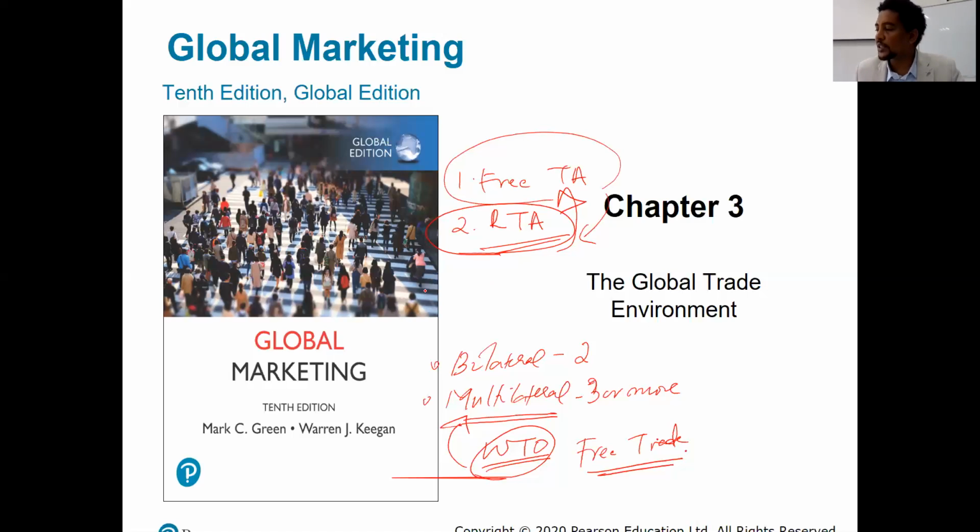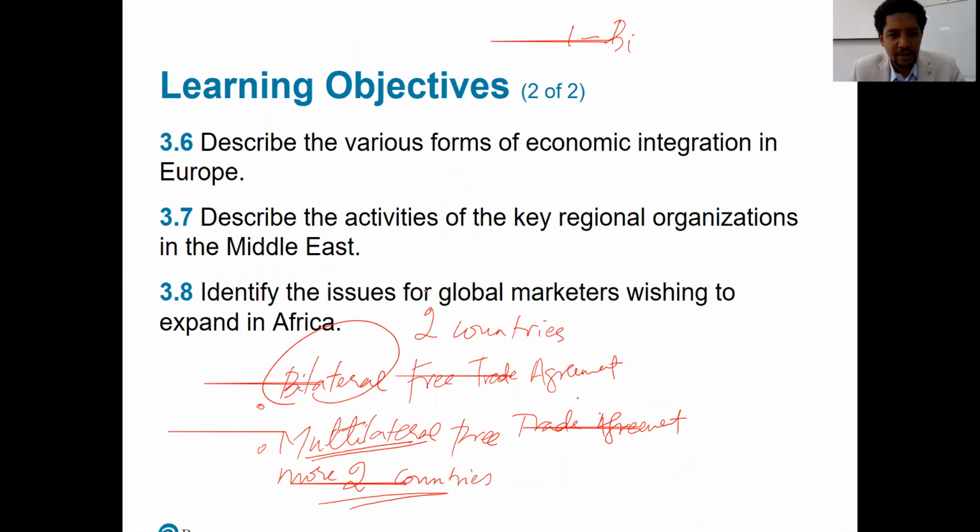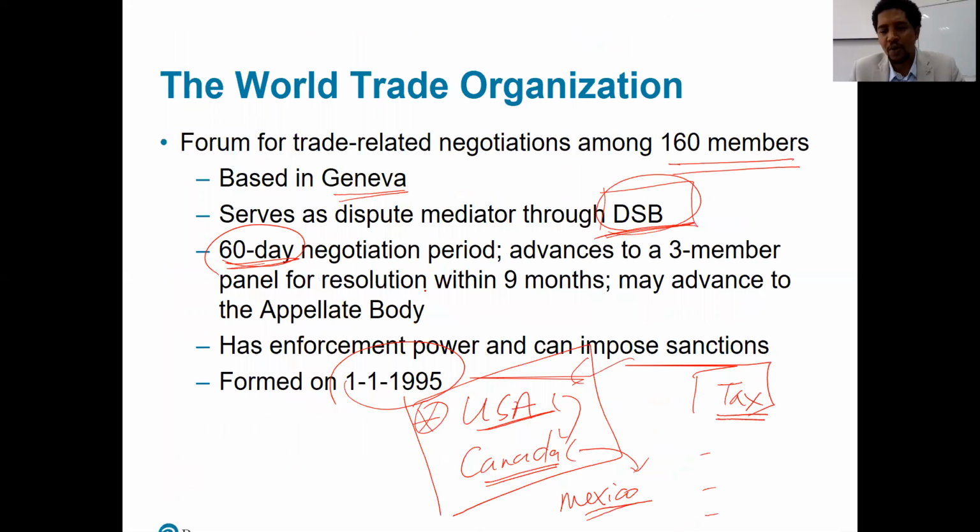Regional trade agreements are based on your region or your location, like Asia, Latin America, North America, or South America. These kinds of trade agreements are called regional trade agreements. And the other point is you have to know what the World Trade Organization promotes. The World Trade Organization basically promotes free trade,